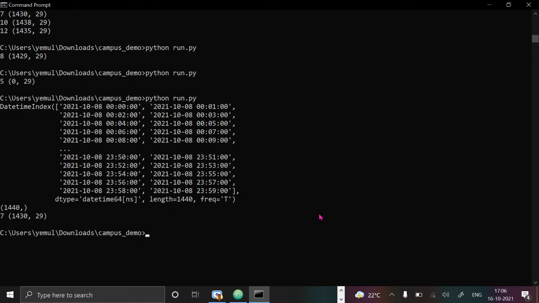So now we can see a date time index has come, and it starts from 8th October 2021 00 minutes, and goes to 1 minute, 2 minutes, 3 minutes, and so on, up to 23:59, and it has a length of 1440, and it is confirmed. Whereas the length of our data is only 1430. So we have data for only 1430 timestamps, whereas we need to fill the entire 1440 timestamps.